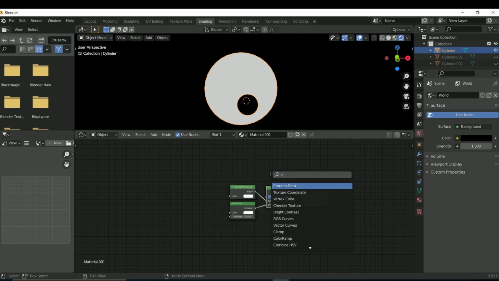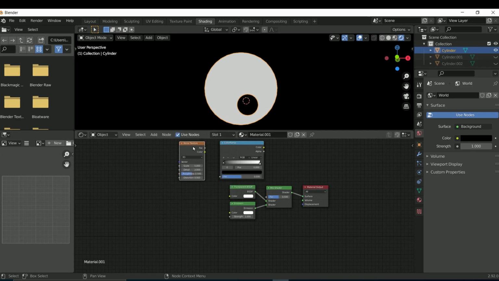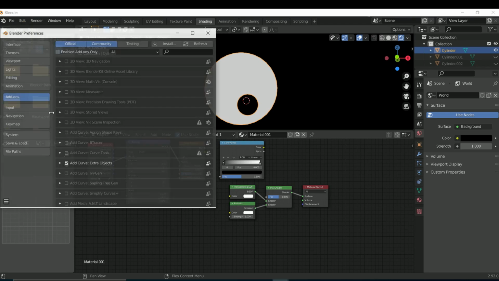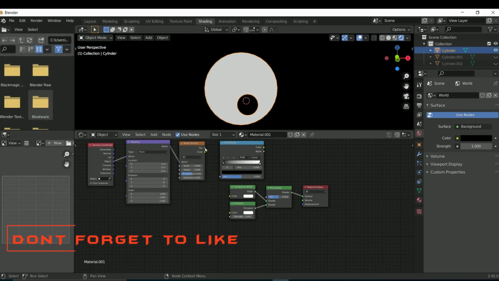We have to connect a color ramp to the mix shader factor. Then add a noise texture. If you have enabled Node Wrangler, then press Ctrl T by selecting the noise texture, then connect object to the vector. Otherwise, you can follow this process to enable Node Wrangler. Connect the color ramp to the mix shader factor.